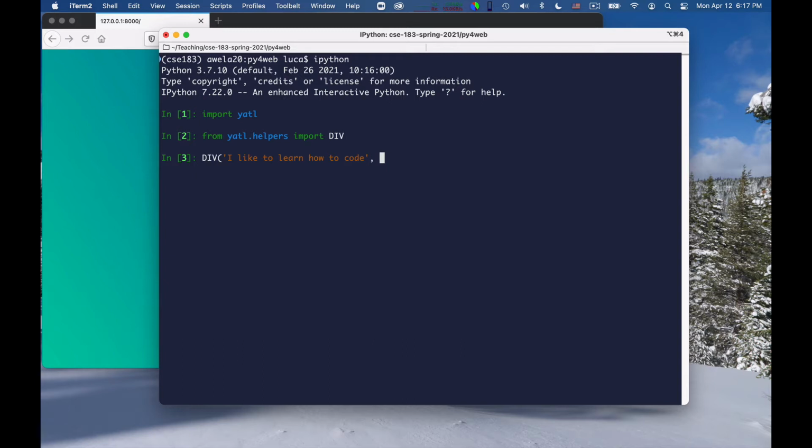And any attributes of the div tag, I can write them with an underscore leading them. For example, I can say that the class is equal to is text bigger, and maybe the ID is equal to div 5.